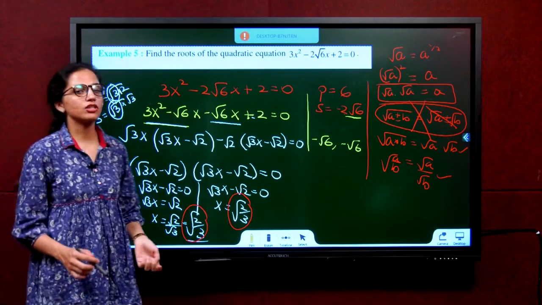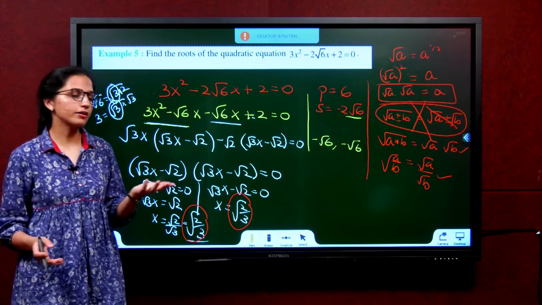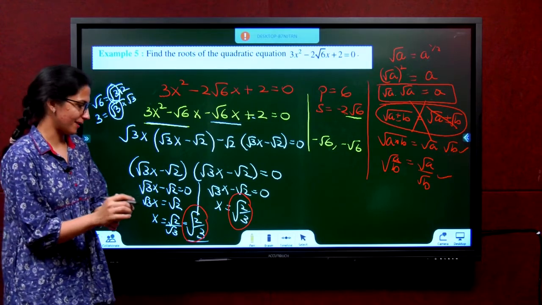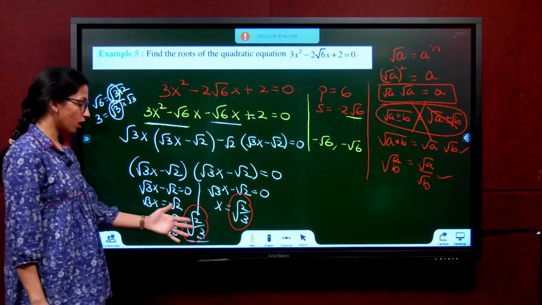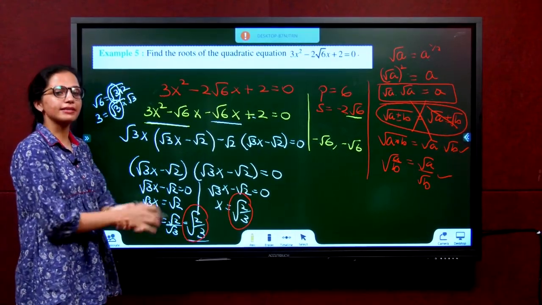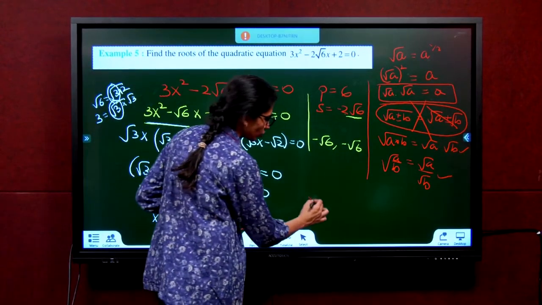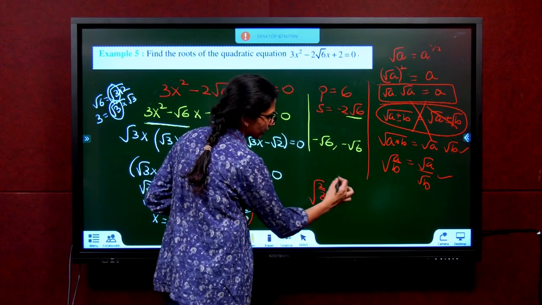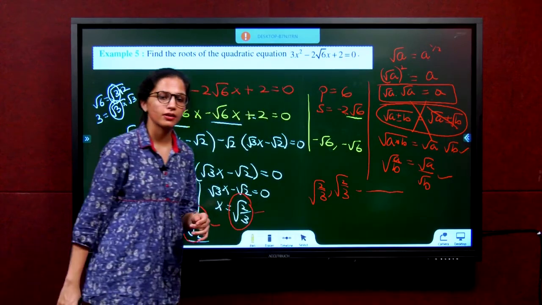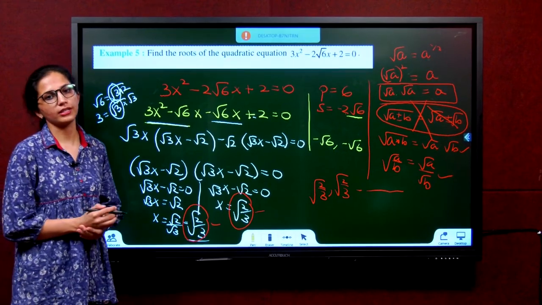In the previous example, we saw it was 3 minus 2, 3, 2, and then you got 6, 1, different numbers. So the two values can be different or can be same. In this example, we saw that it is possible that the two final roots of the equation are the same numbers itself. So here you get the same roots. So what is the answer? You should write root of 2 by 3 and root of 2 by 3 are the roots of the equation. This will conclude the factorization with examples. Moving on to the exercise next.